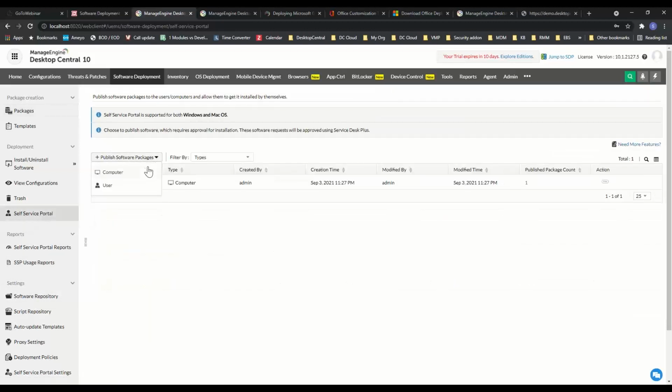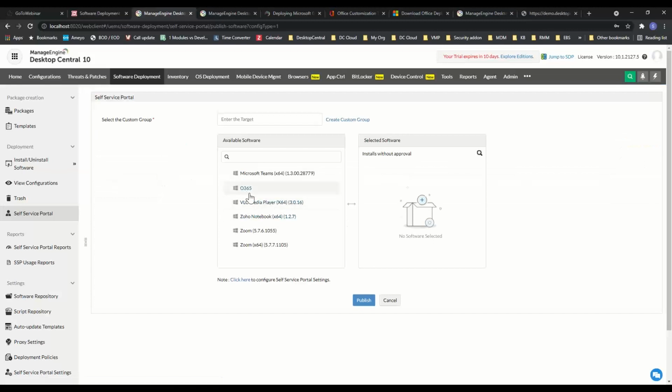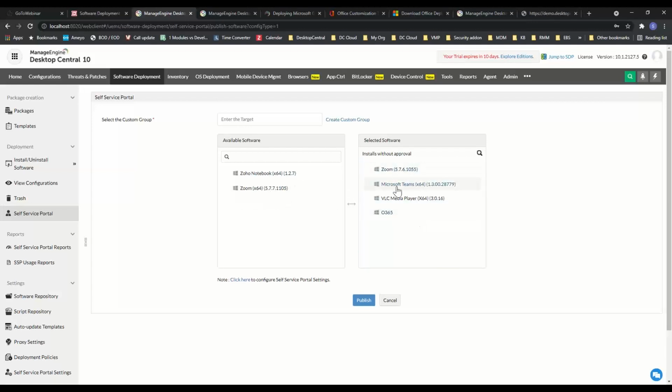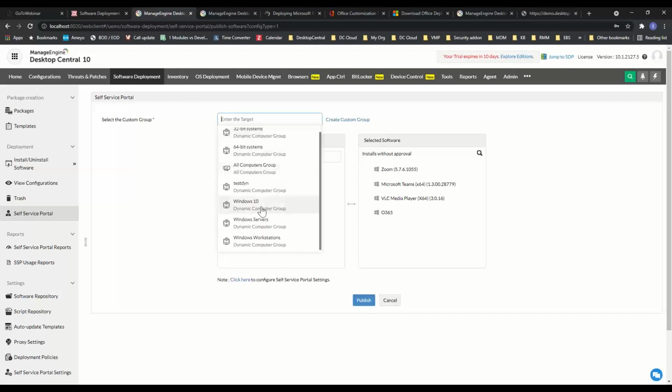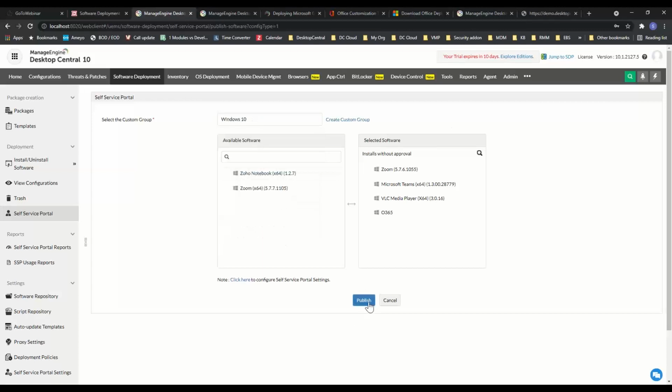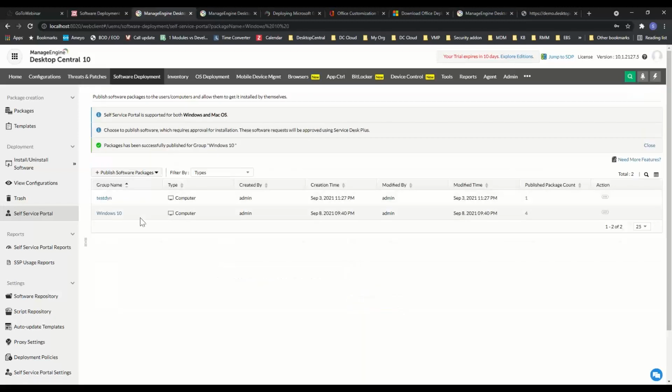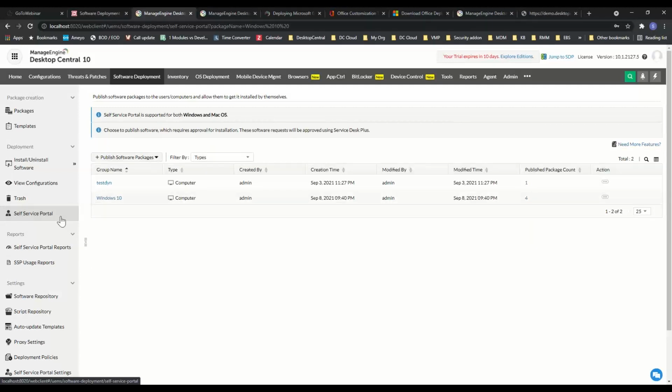Okay. So for example, here I'm going to create a group where I want the users to install the packages themselves, so they don't have to create a service request whenever they want these applications. So it is available for them, and they will have the self-service portal. Once I publish it to this group of computers, so to all Windows 10 computers, all these computers will have something called a self-service portal. I can either place an icon on their desktop, they can open that and install from there, or I can place it in the start program so they can open it. They will be able to see